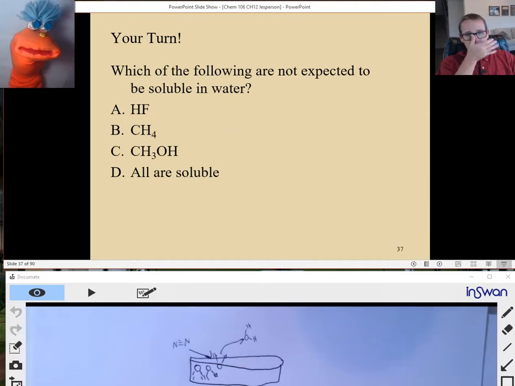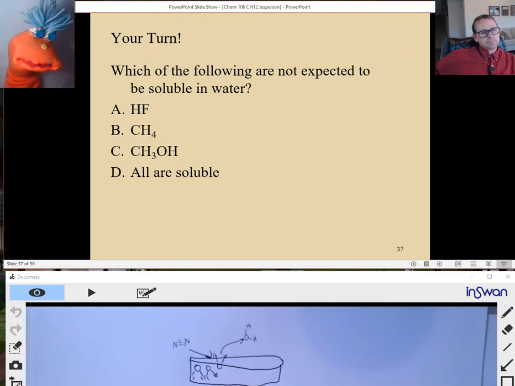Okay, so in terms of solubility, which one would you expect to be soluble in water? Sorry, which one is not expected to be soluble? I was going to say, because HF should be soluble in water. We just said it could hydrogen bond, and CH3OH can also hydrogen bond, right? That's right. So which one is not? Oh, the CH4. CH4 can't. That's right. It's not soluble in water because it can only undergo